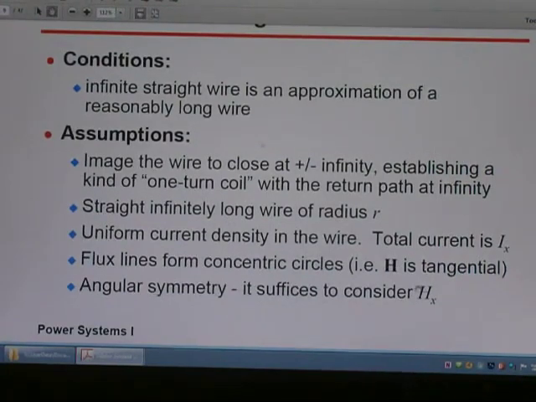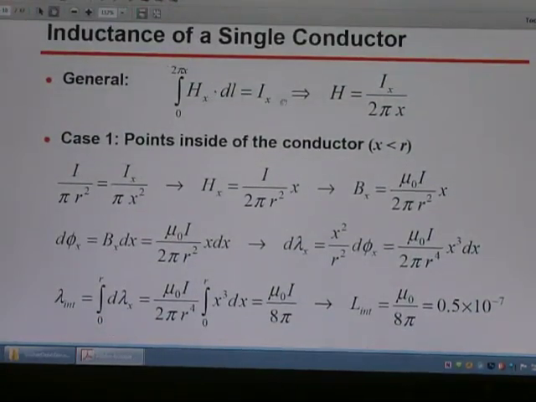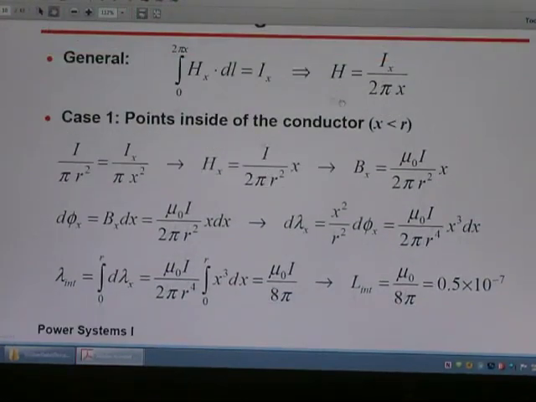Angular symmetry, so those are the equations to calculate the magnetizing flux for the conductor. Those equations we utilize to calculate the magnetic flux, magnetizing value, flux density, magnetizing, and this is the flux and the linkage flux